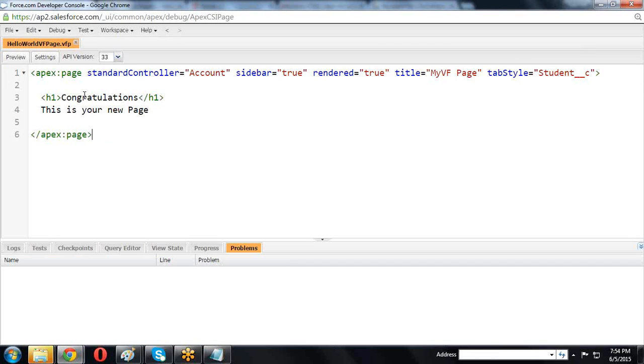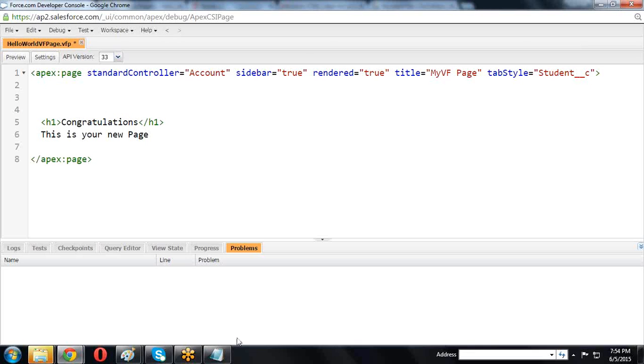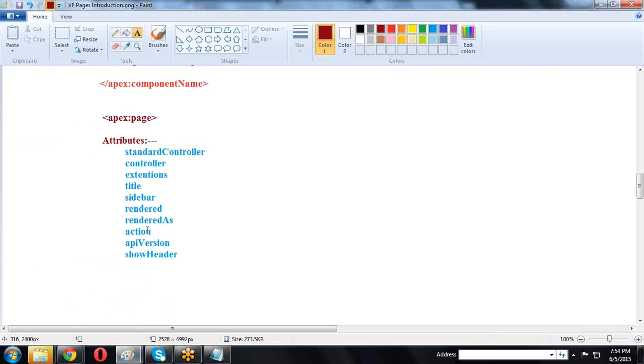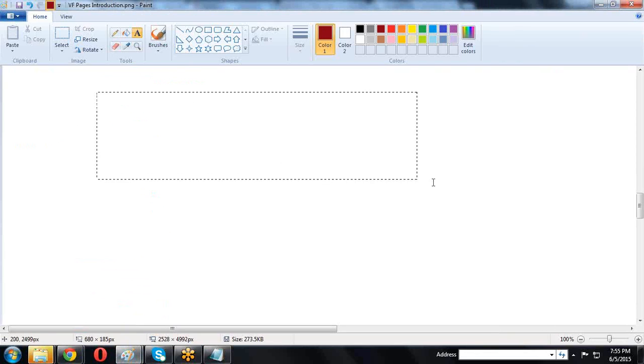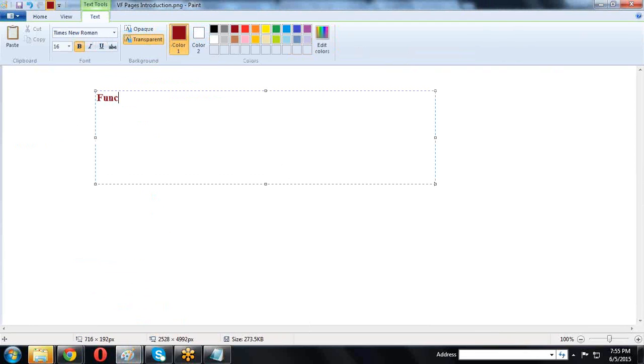Now I want to write some different coding here. If you want to display any functions, we can define the functions.